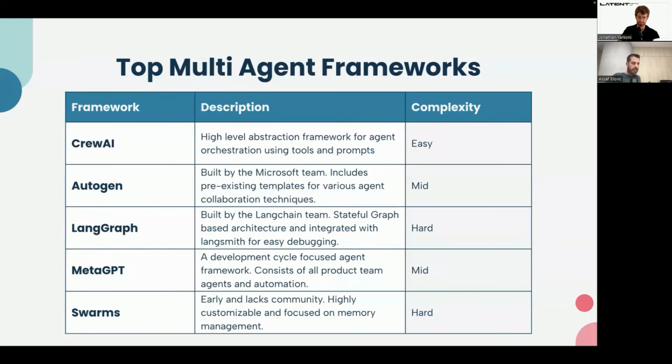But just before we show an example of how GPT Researcher implements multi-agents, I think it is worthwhile to get a glimpse of what exists today. There are various frameworks for multi-agents that already exist. We've got CrewAI,